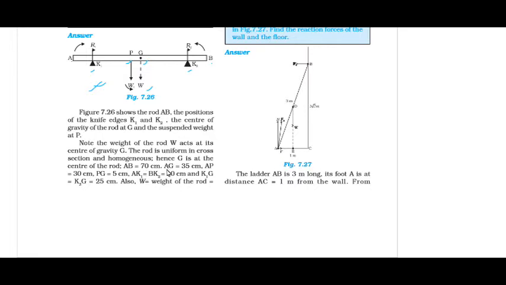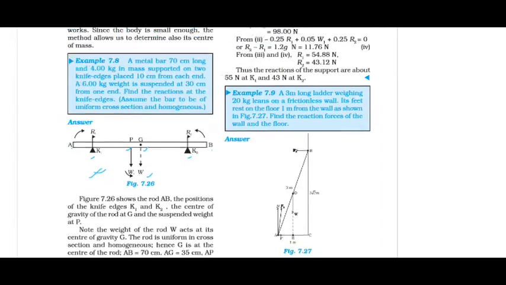AB is equal to 70 centimeter, AG is equal to 35 centimeter, AP is equal to 30 centimeter, PG is equal to 5 centimeter, AK1 is equal to BK2, that is 10 centimeter, and K1G is equal to K2G is equal to 25 centimeter. Also, W is equal to weight of the rod. So all the figures are given in the question. Now